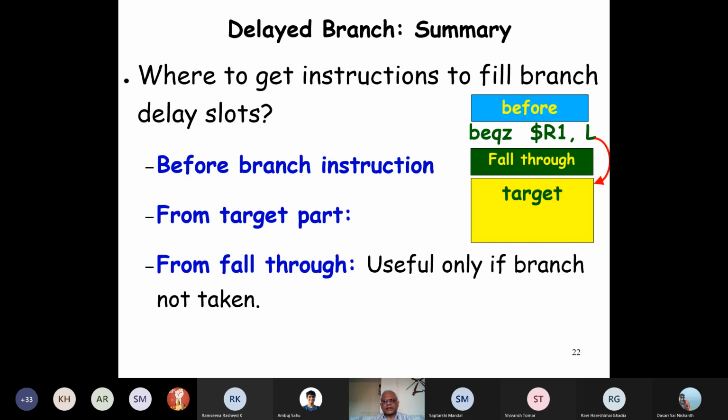Now let's take one or two simple examples. But this is the summary of the delayed branch approach, where the compiler can help to solve the control hazards without any modification to the hardware. So here we need to fill the delay slot. For every pipelined processor, there will be a number of delay slots that we know. For MIPS it is 2. And we first look before the branch to try to fill the delay slot. Otherwise, we look at the target path or the fall through path and then try to fill the delay slot.